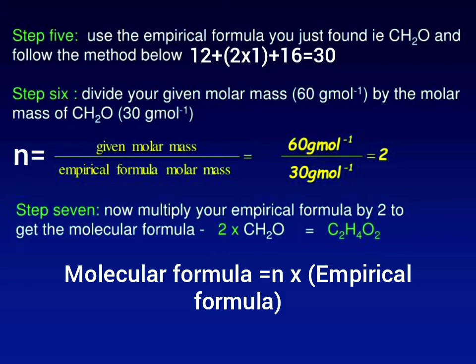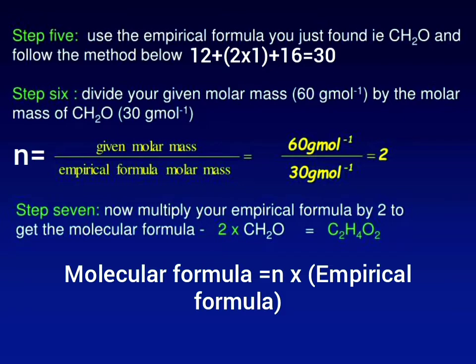and that is equal to 2. The seventh step is to multiply the empirical formula by the value of n. Here in this case, the empirical formula CH2O is multiplied by 2, and we will get the molecular formula as